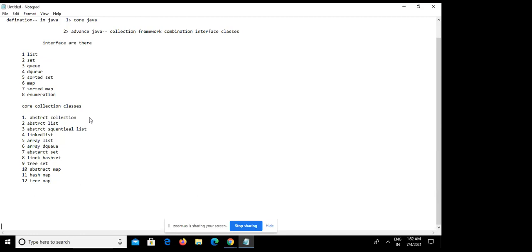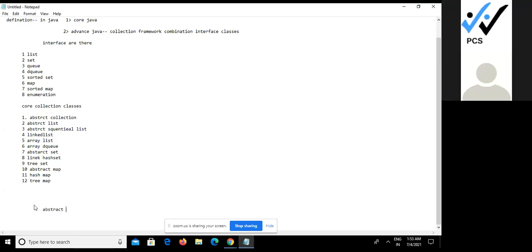Then I will come to the second, our most important thing, that is array list, and then I will come to each and every one. Generally, under the abstract list, I'm just focusing on number 5, abstract list. Abstract list is under this.